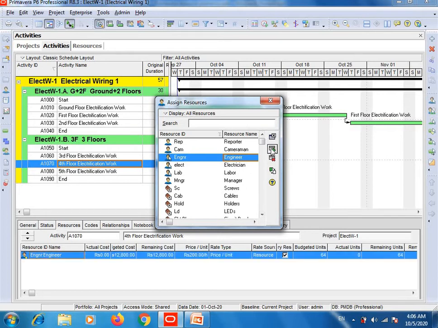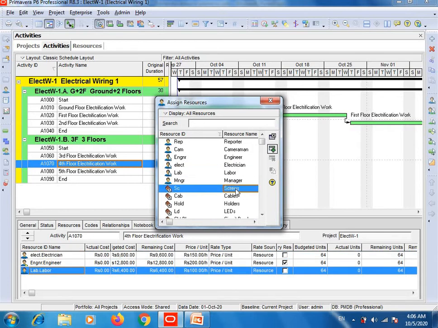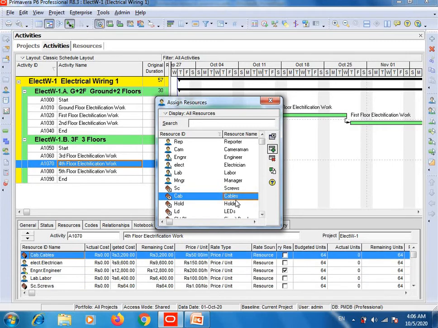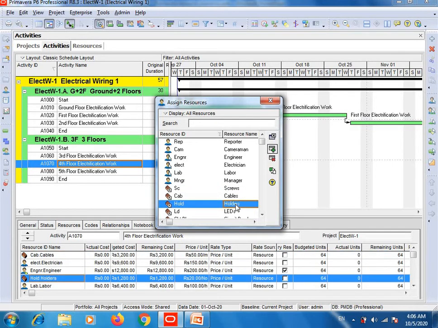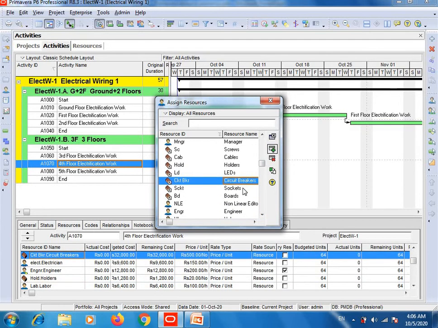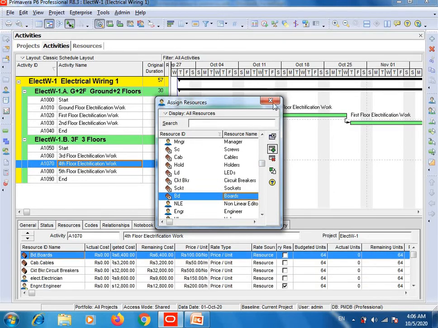Engineer, electrician, labor, then material, screws, cables, holders, LEDs, circuit breakers, sockets, boards.